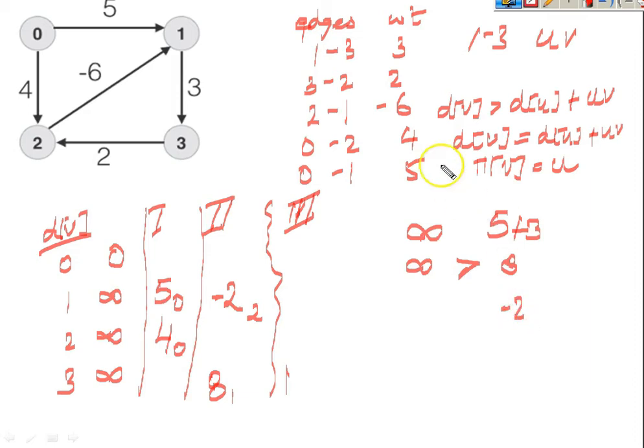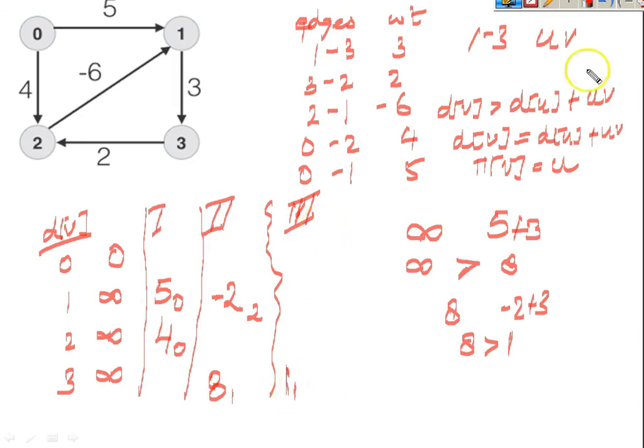So minus 2 plus 3, and on this side the d value of 3 is 8. So 8 is more than 1, so definitely we need to change this. So I am going to change this to 1, and I am getting this because of 1 to 3. So I am writing here 1 because I am getting the value because of this